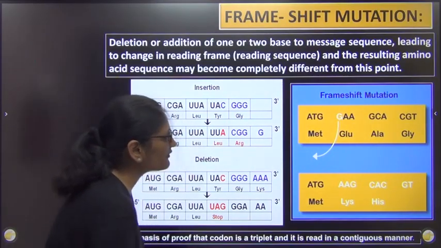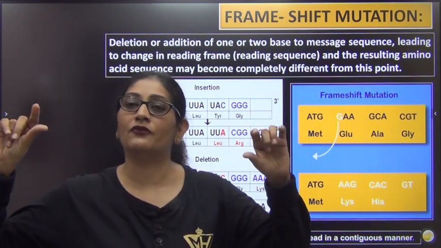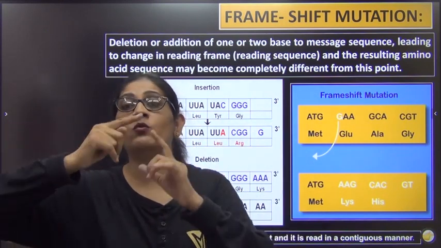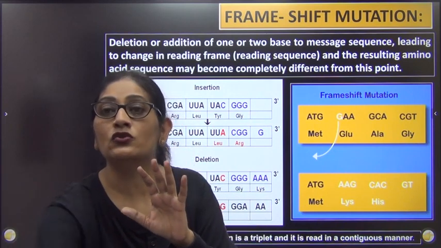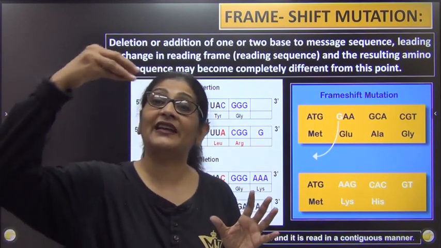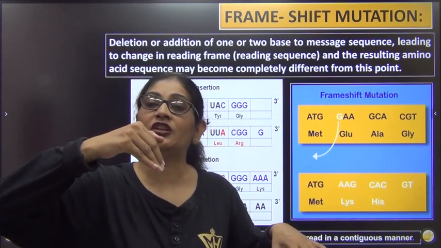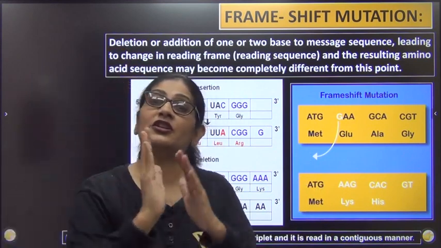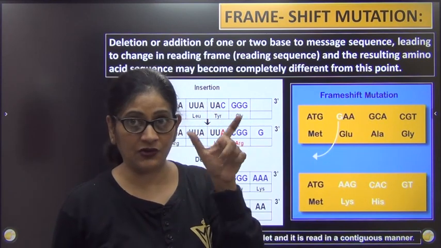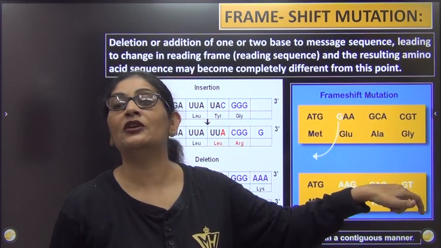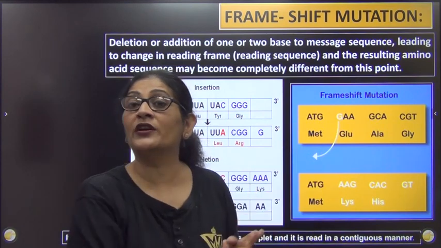So frame shift mutation का मतलब क्या होता है? Point mutation में the number of nucleotides remains the same, only one nucleotide changes, so the codon, so the amino acid, so the protein, so the phenotype. But here the number of nucleotides will change either due to insertion or deletion. From the point of insertion or deletion, आगे का जो भी आपका codon है, the triplets will change, corresponding amino acid will change, right? This shows that the genetic code is contiguous.